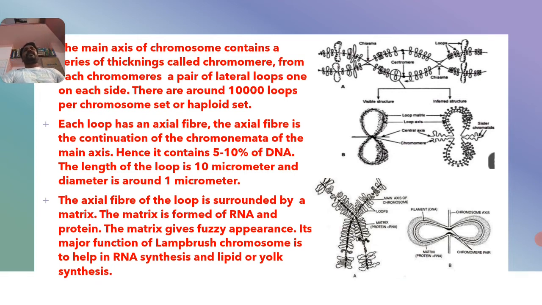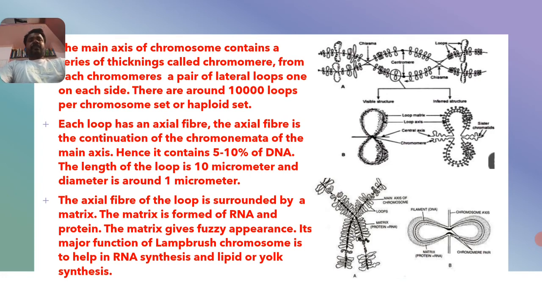Per chromosome set refers to one set of chromosomes, that is, the haploid set. Each loop has an axial fiber, the central axis. The axial fiber is the continuation of the chromonemata. The formation of a loop is on that basis only,